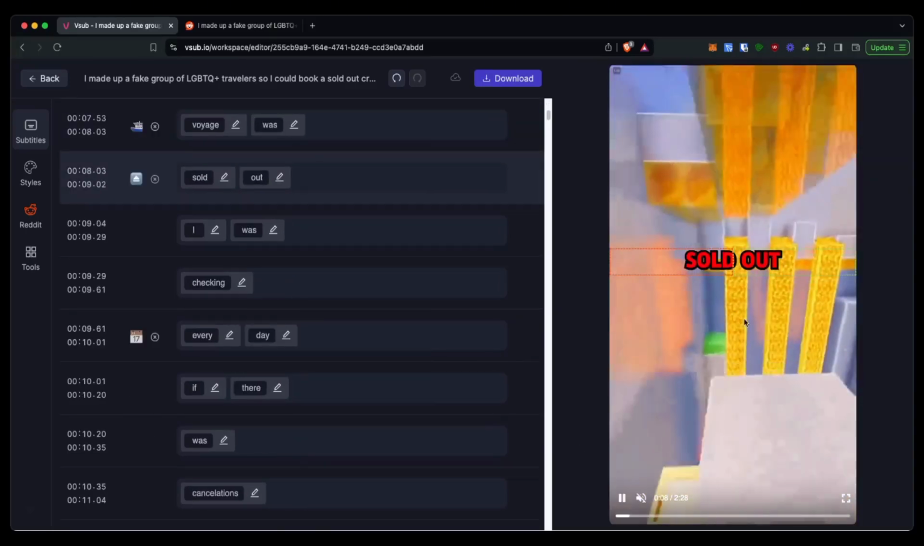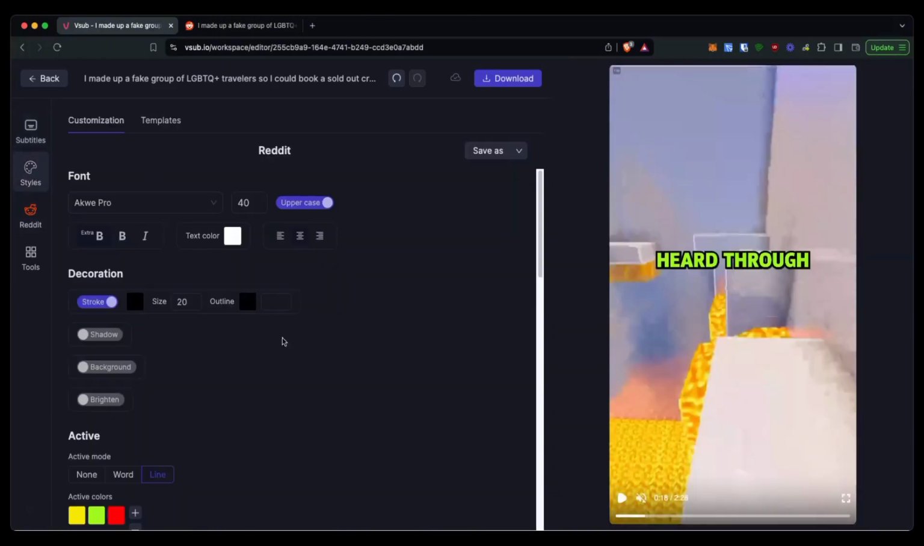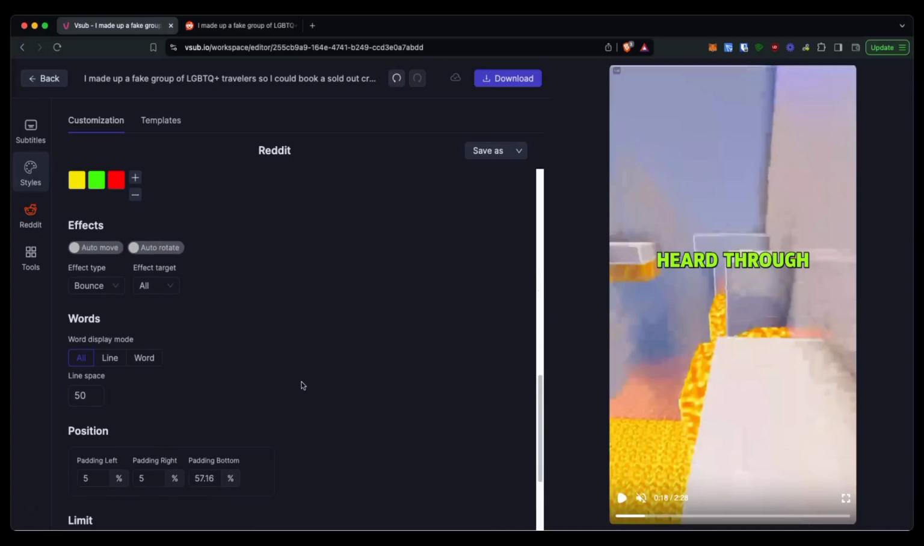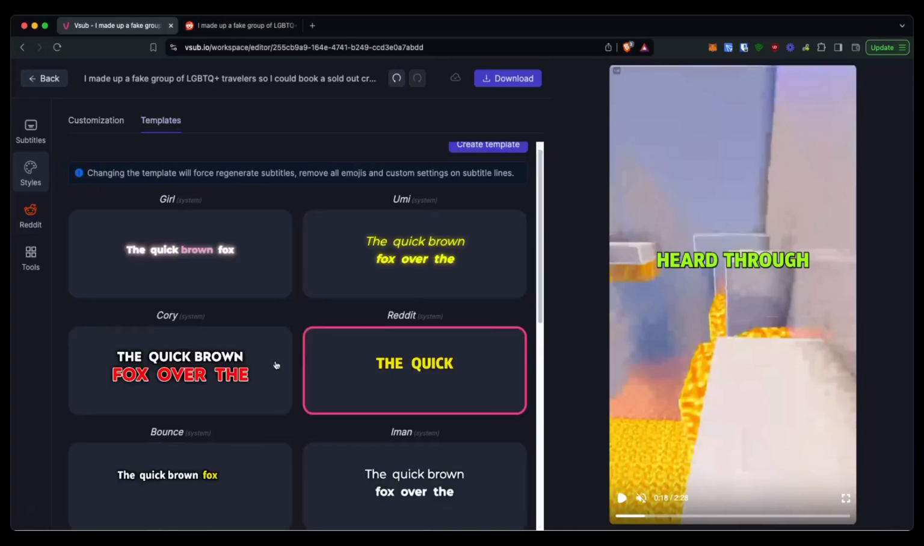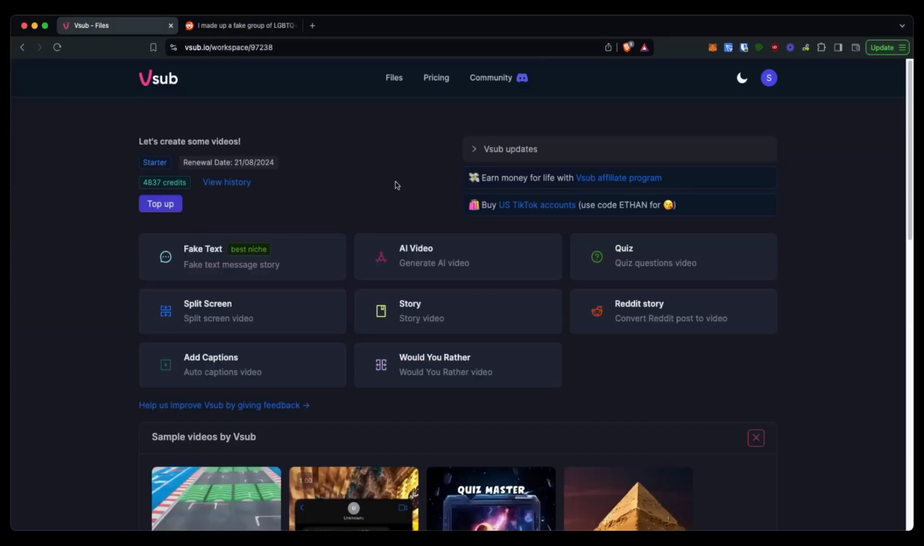Change the background image or video, adjust the AI voiceover including its speed and style, modify the text, fonts and animations as needed, add or remove comments and emojis. When you are happy with the video, click download and upload it to TikTok, YouTube Shorts, Instagram Reels or any